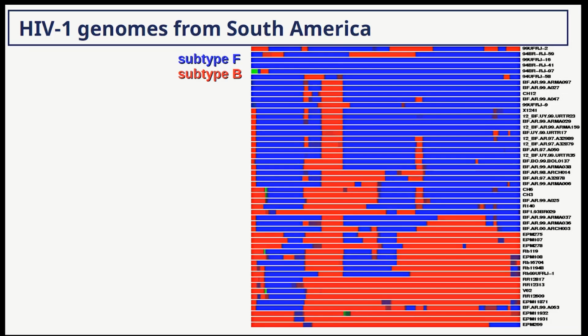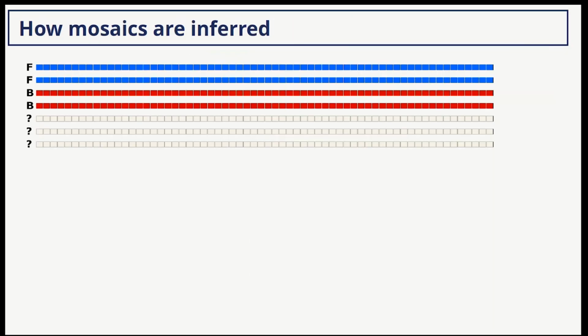Because they all look like this, they look like a mixture of subtype F and subtype B. And subtype F and subtype B are very old sequences. I think they were sequenced in the 90-something, and they were shown not to be recombinants. But then when you look into Brazil, all the sequences, parts of them look like F and parts of them look like B. I'm going to describe this very quickly